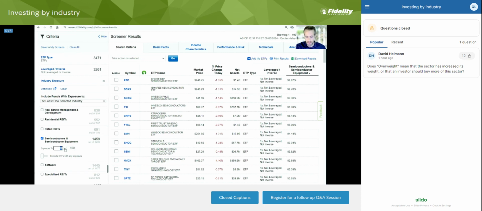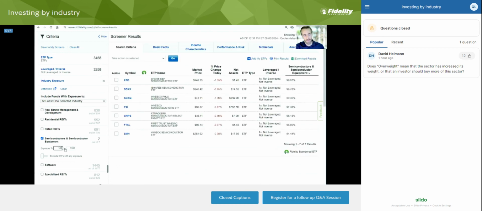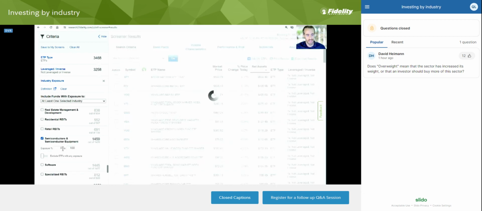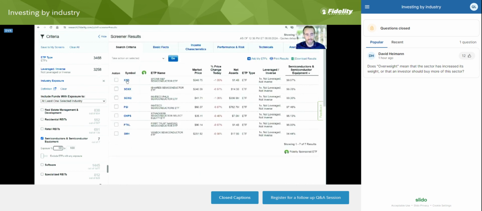So let's put in a percentage, 51, so at least half. Actually, I want to go fairly heavily concentrated, sticking to that semiconductor namesake, so let's go to 90. I'm going to press enter on my keyboard. And we went from 1,400 now all the way to 7 ETFs. Oh, I unchecked that. Let me click it back. There we go. So here are the 7 ETFs,